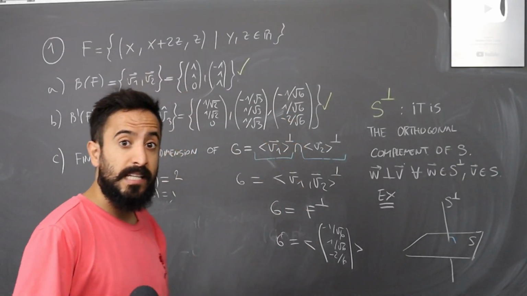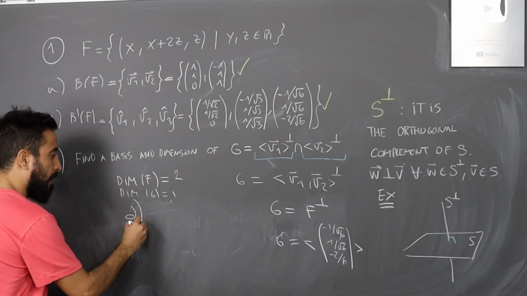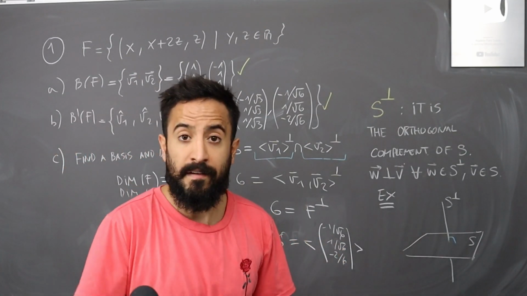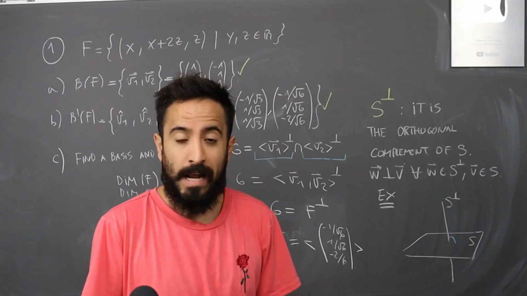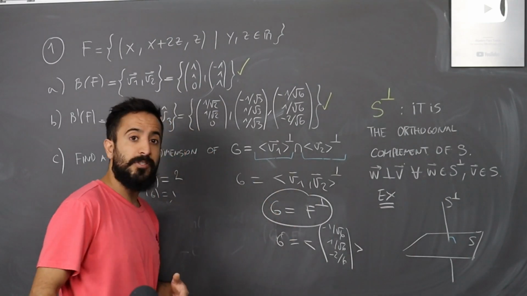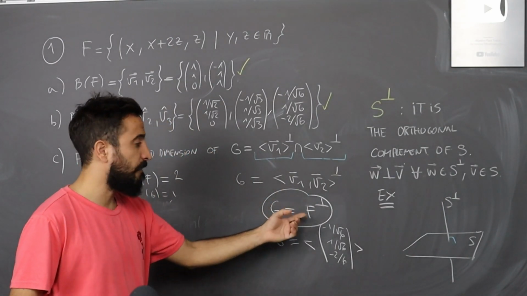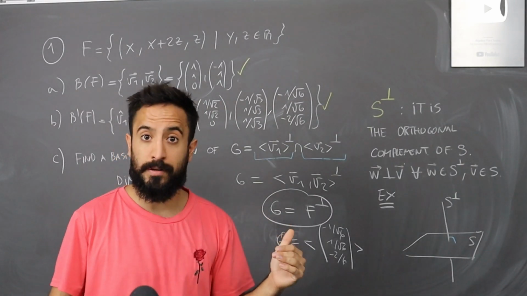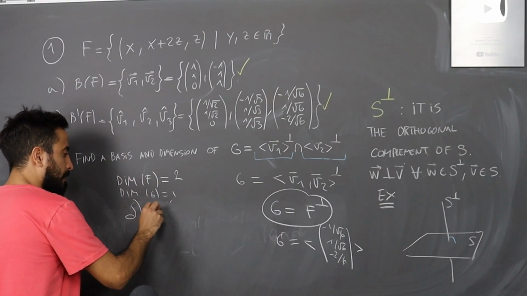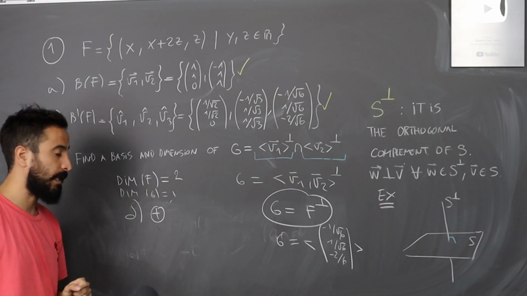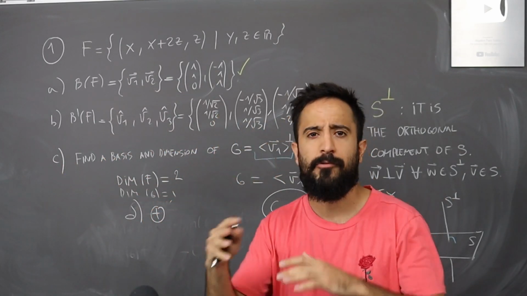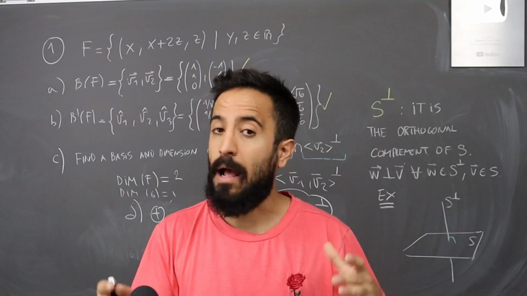Even more, in the next question of this exam, they will ask us, is G a direct sum with F? Now we know, of course it is, because we already realized this relation right here, that G and F are orthogonal subspaces to each other. And then by definition, of course, they are direct sum, which we represent with this, right? So we have two C and D made really, really fast applying concepts.